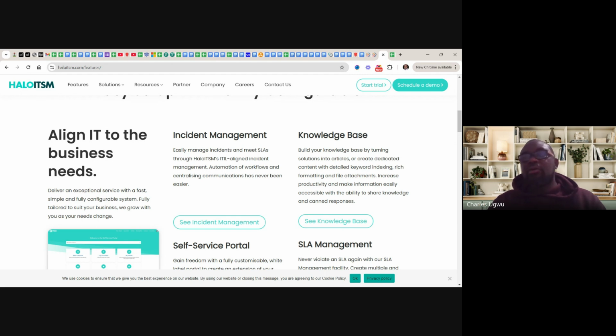Companies like Microsoft have a big knowledge base system. We call it a help center, and so all you need to do is go read up and solve your problem. Even Facebook, you hardly see Facebook responding to anybody. All you need is to go to their help center and sort yourself out. All those areas are what we call knowledge base. Then we have